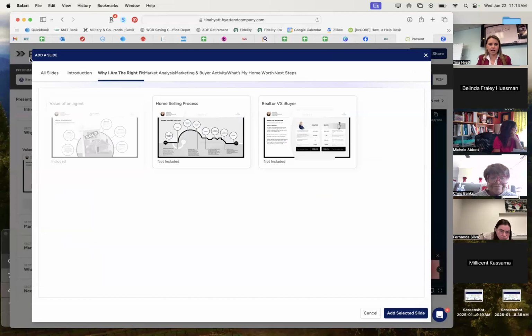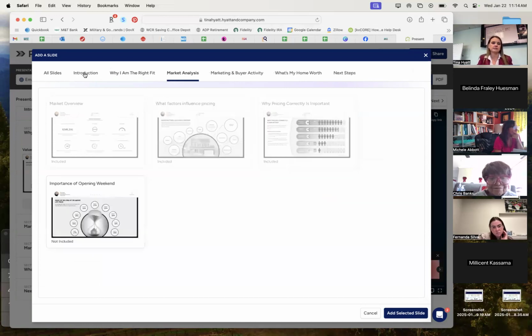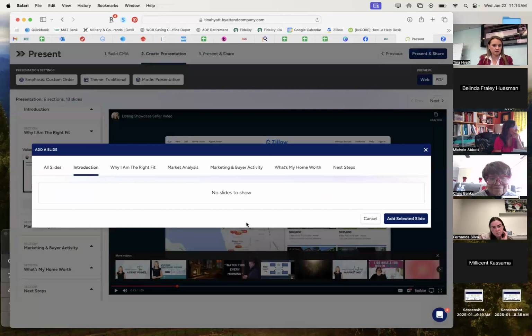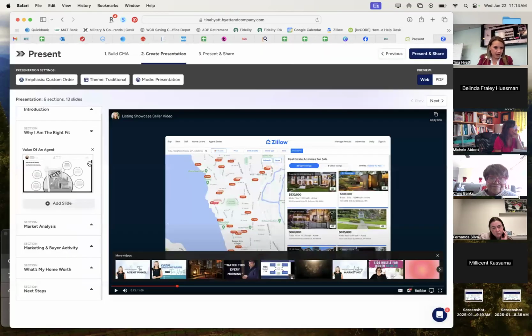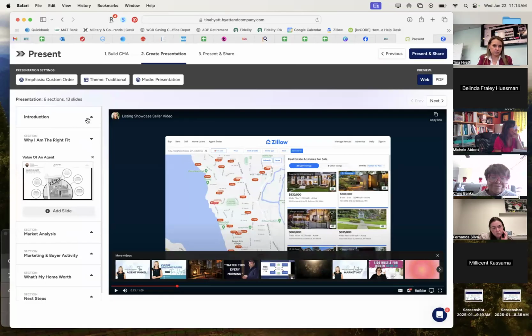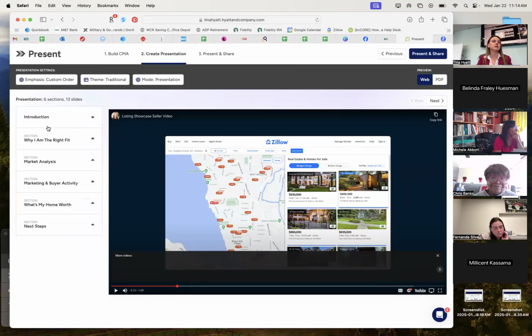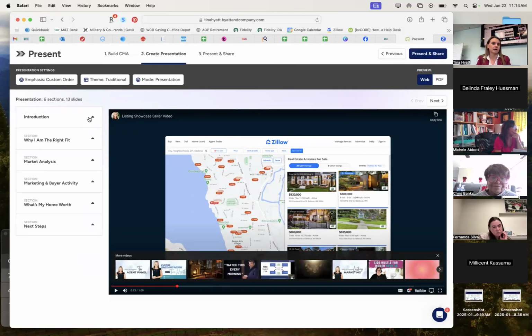Each section has a different one. Up here at the top, it's showing you each section of your presentation. So you can click through it, like here's market analysis. It's under the introduction. I've already picked it, or all slides. You can go to all slides, but it's the greeting video. If I remove that, I don't want to lose it, but it's under introduction, Hamid, and it should be the greeting video slide. Do you see it?